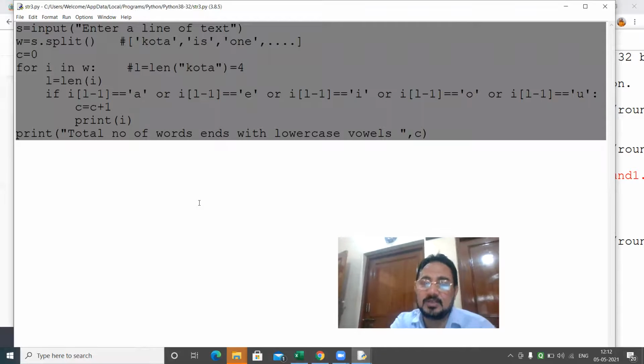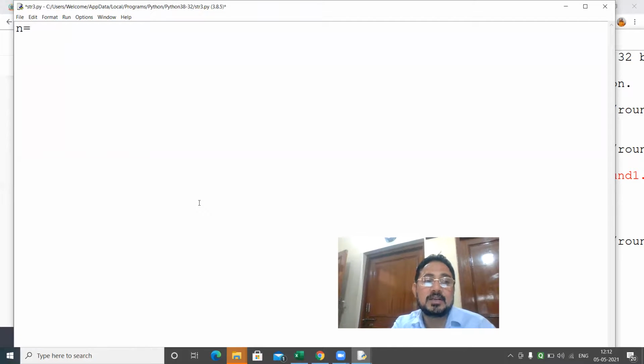Otherwise, I don't normally save programs. Next time I have to write, I will write another program. I'll just take a string, s is equals to, I'll take the book example this time. I love Python. This is the string they are using.